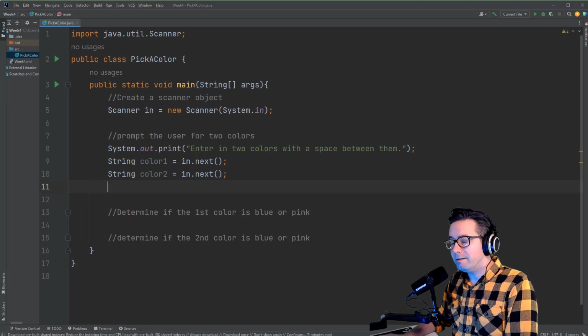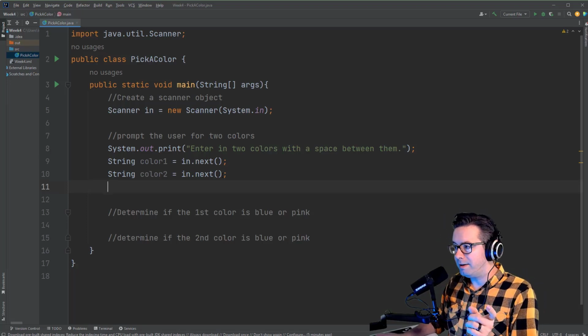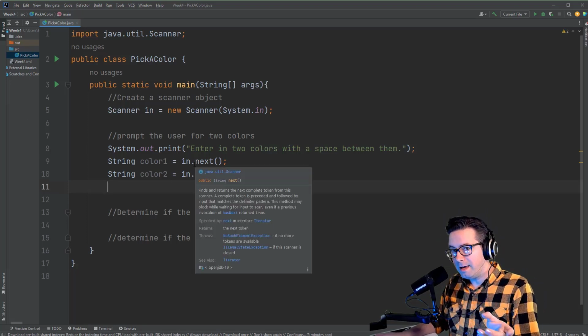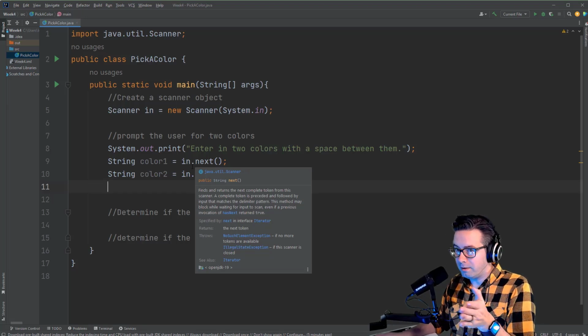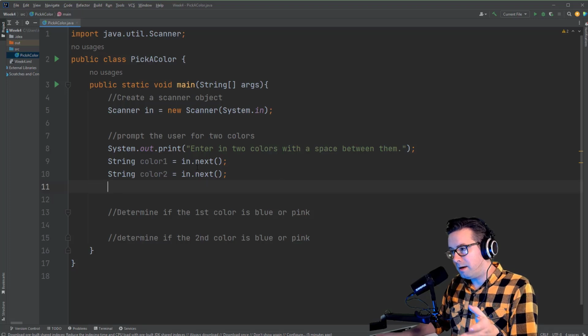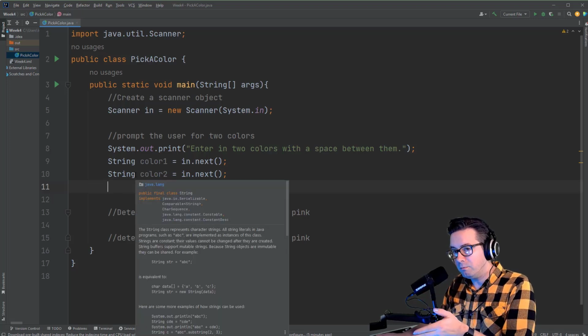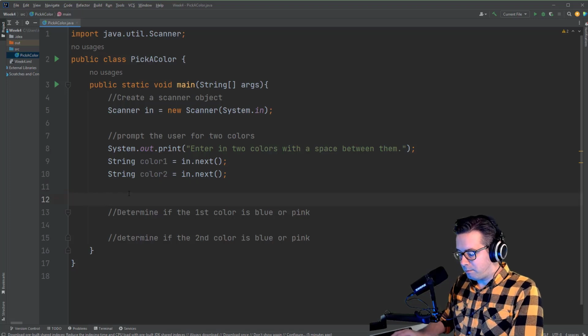So the idea is, you know how with the scanner next, it scans up to the first white space, whether it's an enter or a space. Well, here what it will do with that space that we have in between the colors, it'll scan the first one and then move on to the next and read the next one. To prove that to you,